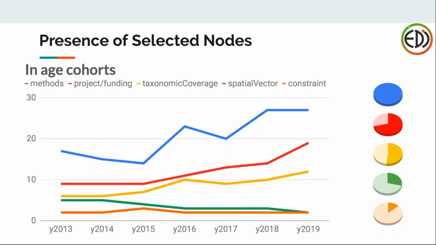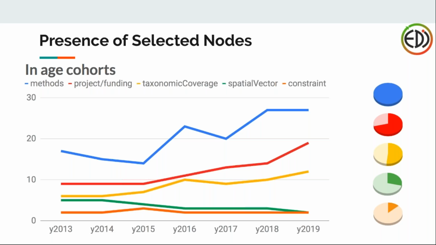They have certain traits, certain metadata elements in them. So what these lines reflect is how many LTER sites and EDI are using each of these 5 elements over 6 or 7 years. The pie charts on the far right are the usage aggregated